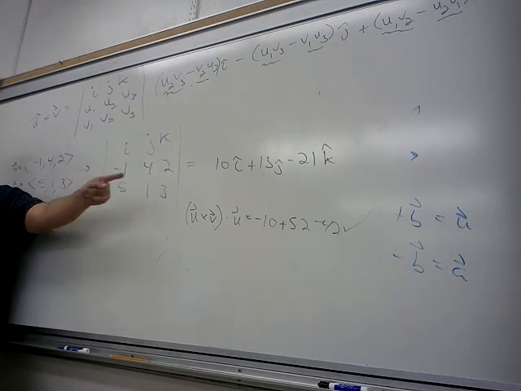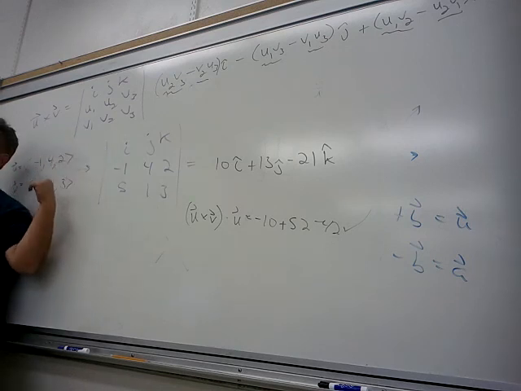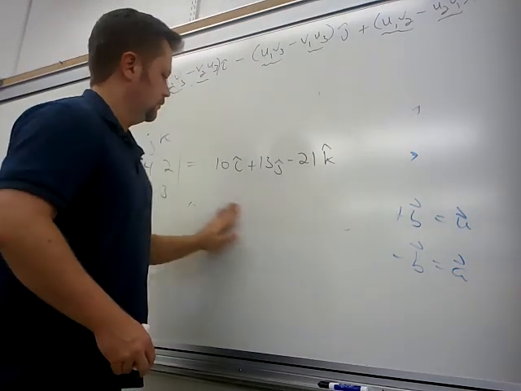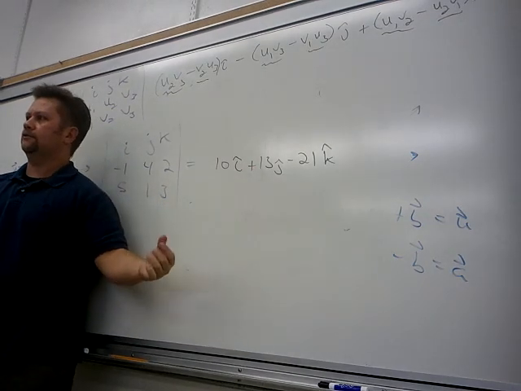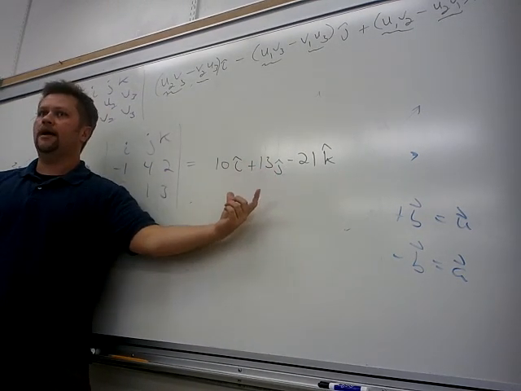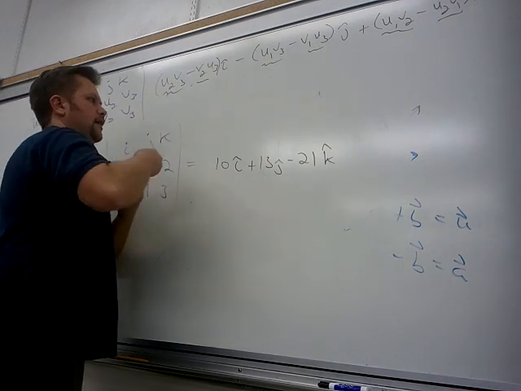How could you use what we've done so far to find the angle between these two? Not the dot product. I haven't done the dot product yet, have I? How would you use this? Yeah, sine. You could use sine theta equals the length of the cross product divided by their magnitudes, the U and V magnitudes. Because the cross product length